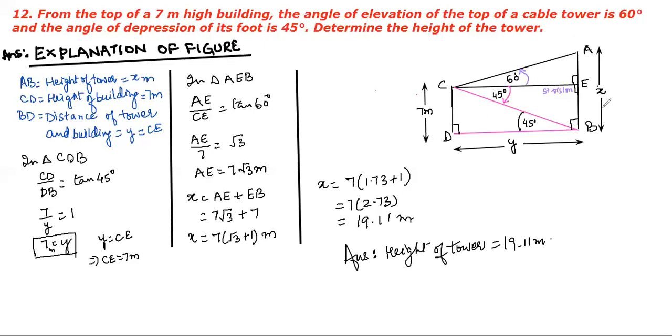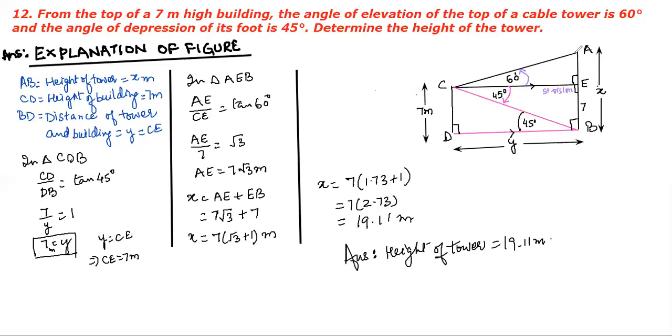Now children, see, we want to find out the height of the tower. The height of the tower is made up of this 7 meter, this and this both are equal because these are again the distance between the parallel lines. These two lines are parallel. All the horizontal lines are considered to be parallel. So this is 7 meter. Therefore, this is also 7 meter. Getting? So that means this much part only is left to calculate.